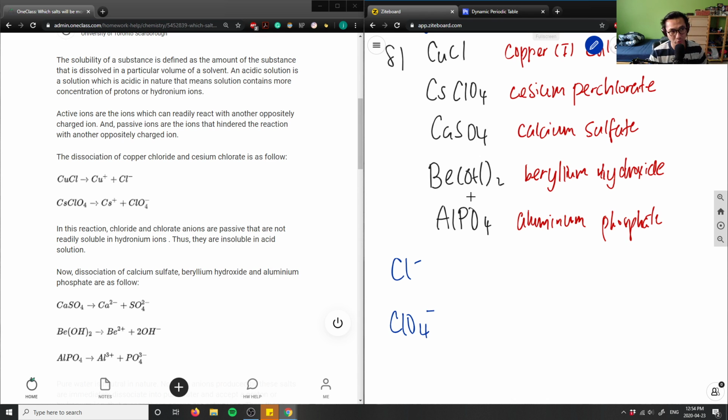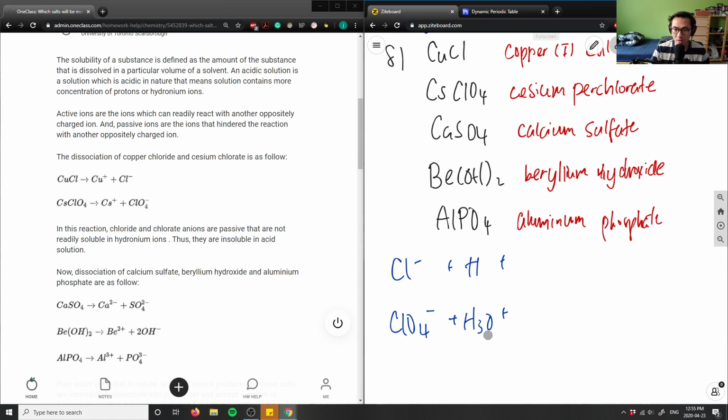And basically what it's saying is we have an acidic solution. So you can think of it as H3O plus, right? Because it says they're not readily soluble in hydronium ions. So this here would be H3O plus and H3O plus here. And they're passive and are not as readily soluble in hydronium ions. So thus they are not soluble in acidic solution. So if we were to write a reaction, we would get HCl and H2O, and for this one we would get perchloric acid, HClO4, and